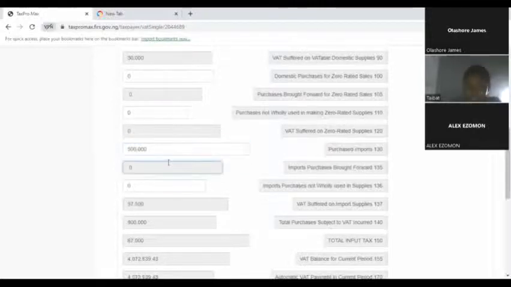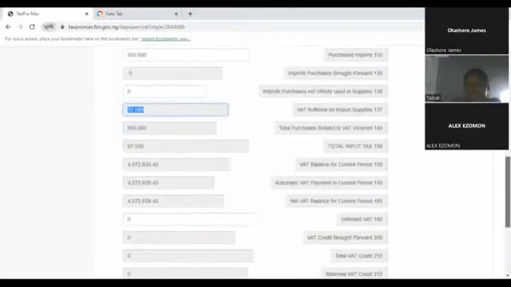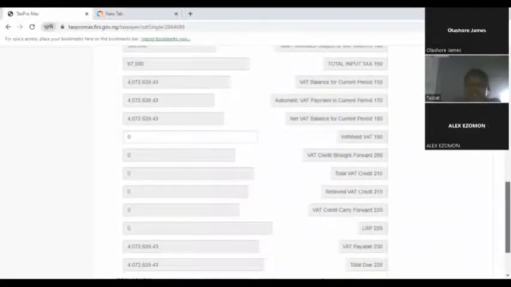You can see it's showing me the VAT you suffered on your import. You imported something worth 500,000. They told you to pay VAT at 7.5. Enables you to claim it back, which is this 37,000. Then if you have any other deductions,